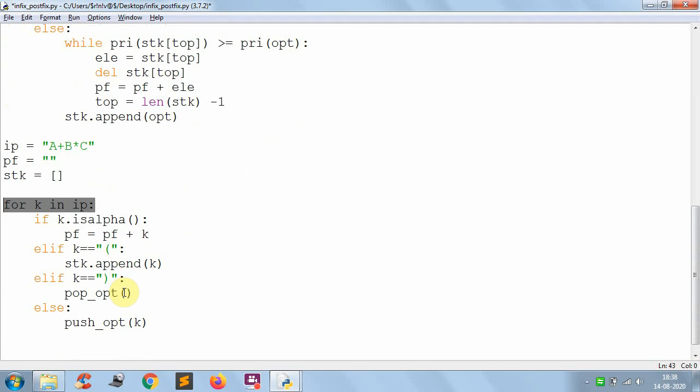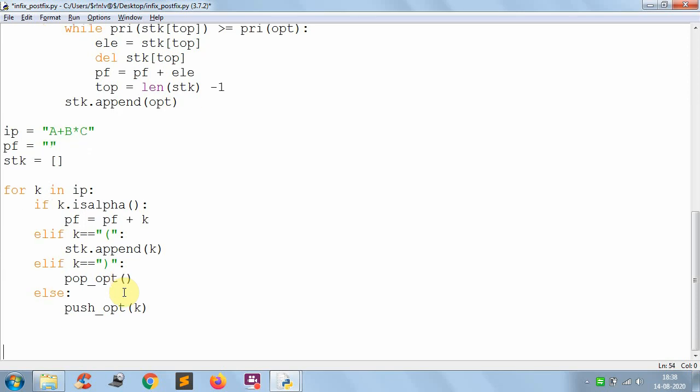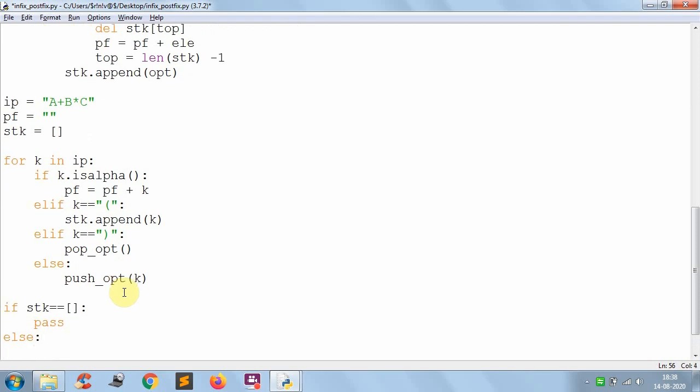After scanning all the inputs, still if any elements are left over in the stack, what do we have to do? In this case simply you have to check that. How do you know whether there are any operators left over in the stack or not? If we simply write if stack, means there are elements in the stack, pass, else, what you have to do? You have to pop each operator from the stack and append to the output expression.